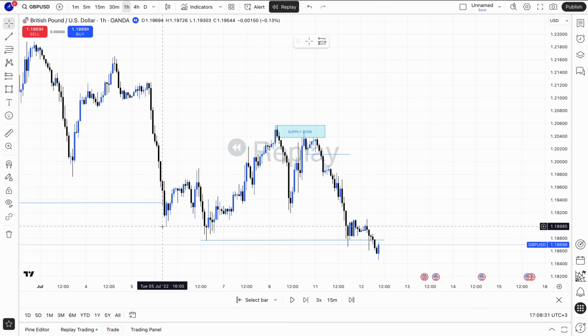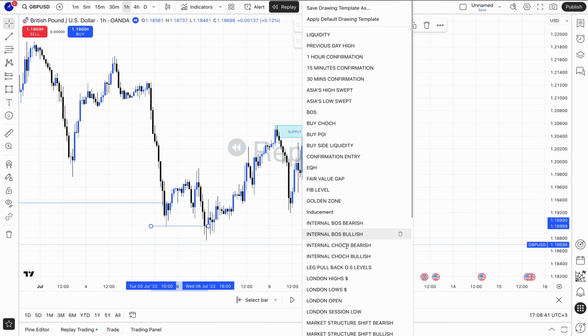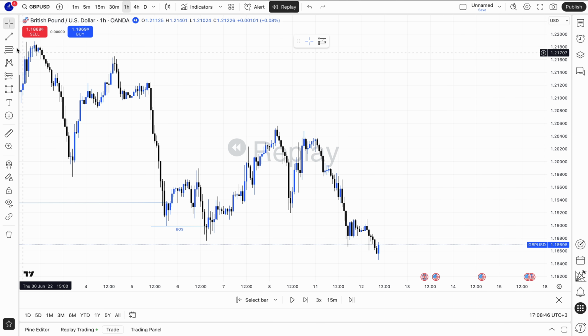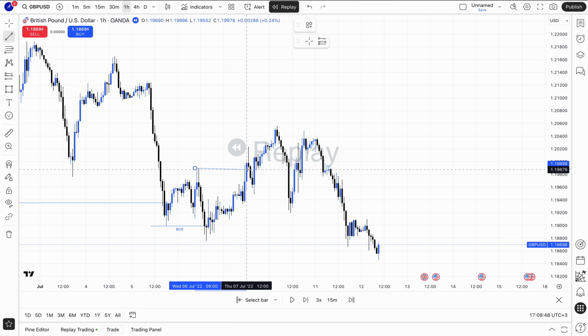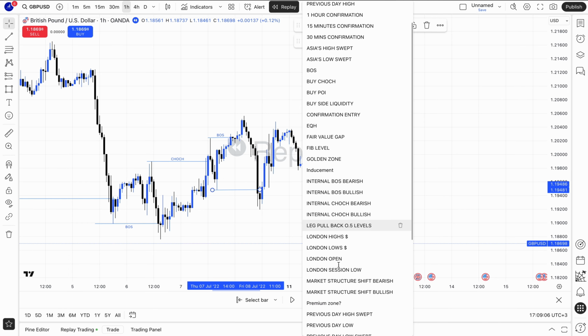I think it's this one. 1, 2, 3. Yeah, this one is the first break. And this one is our break of structure to the upside, then shifted again, the downside, external structure,